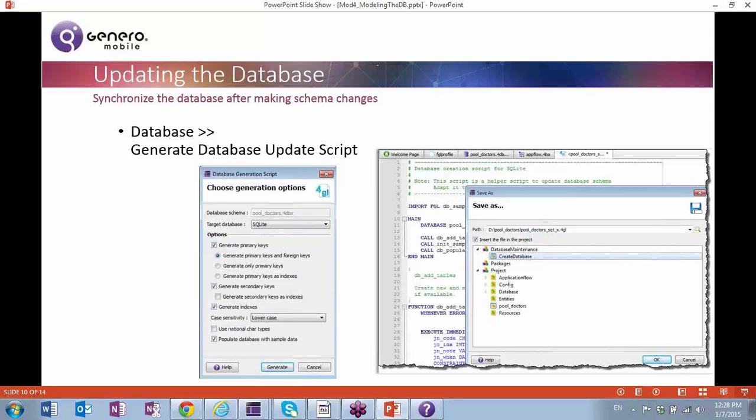So here's how you use the database menu option to generate a script to update the database after you've made some schema changes. It's just the database menu option again, generate database update script. So here's your generation options. Typically the defaults work most of the time. There's been a few cases where I don't let it generate